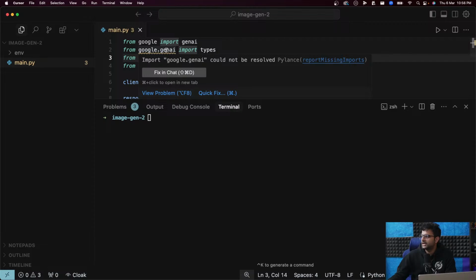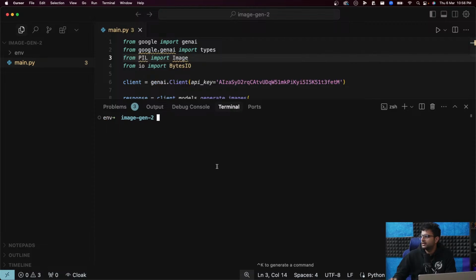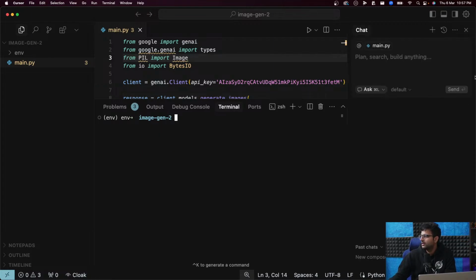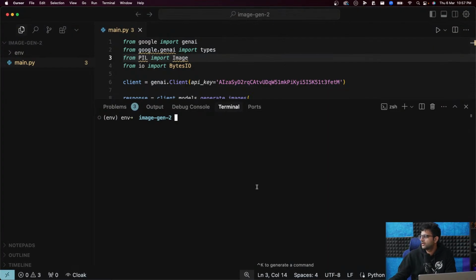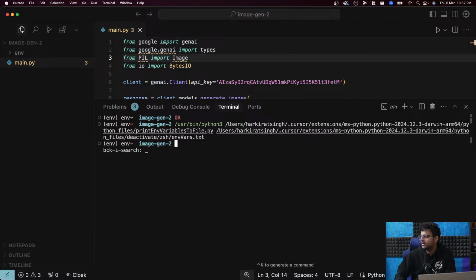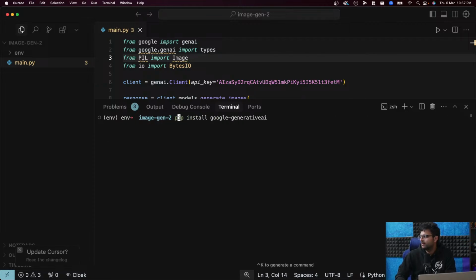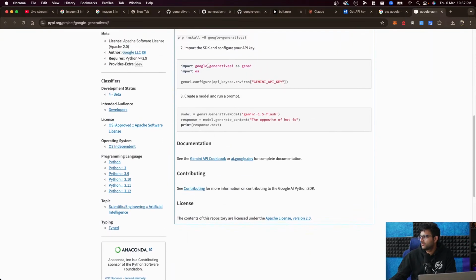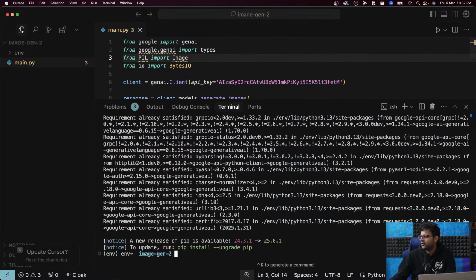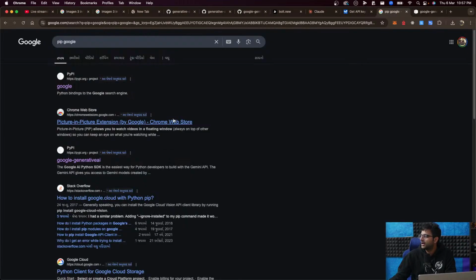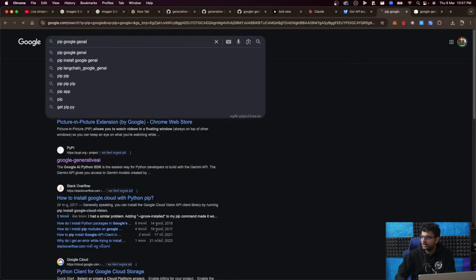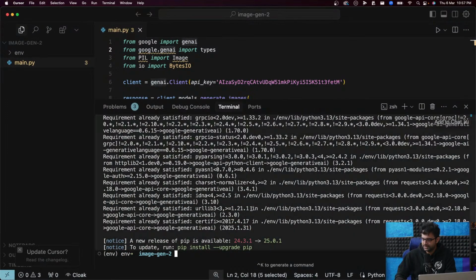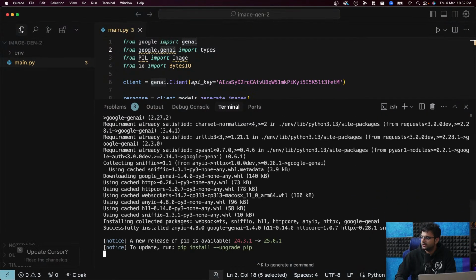From Google.GenAI. From Google.Generative AI. From Google.GenAI. This is a different one. My bad. Google.GenAI. There you go. So pip install Google GenAI is what we needed.